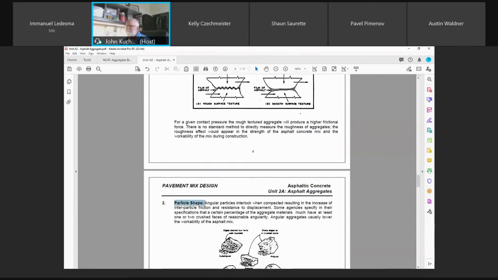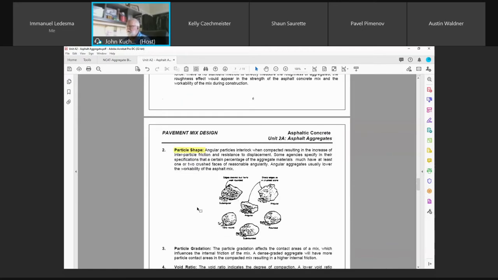Particle shape. Okay. Here you can look at various aggregates. You can have an aggregate that is sub-rounded, let's say, with a rough texture. You can have sub-rounded, smooth texture. You can have angular, smooth texture, somewhat, and you're going to have angular, rough texture. Okay, so there's 4 basic scenarios,